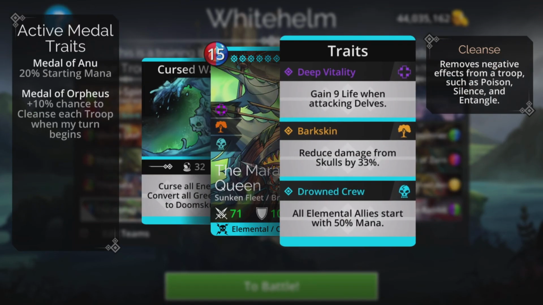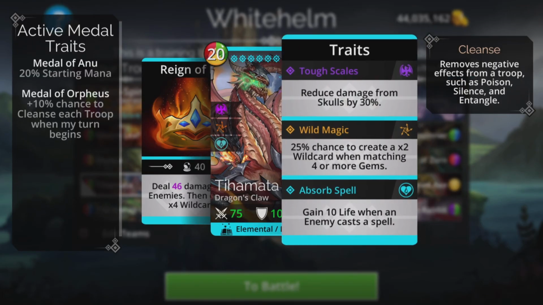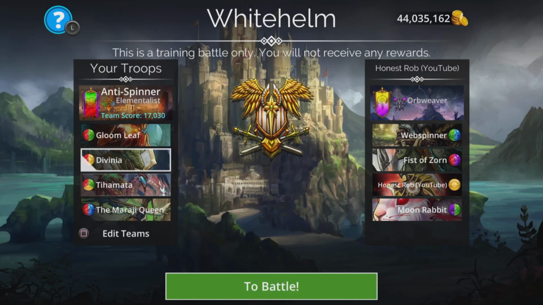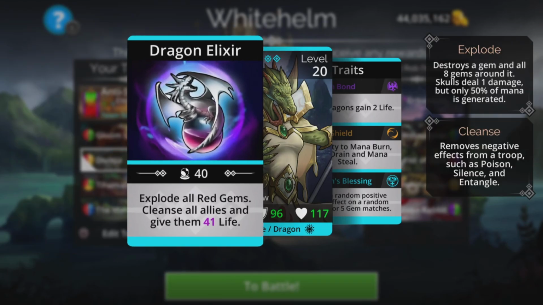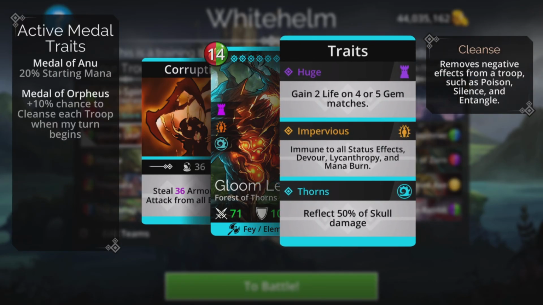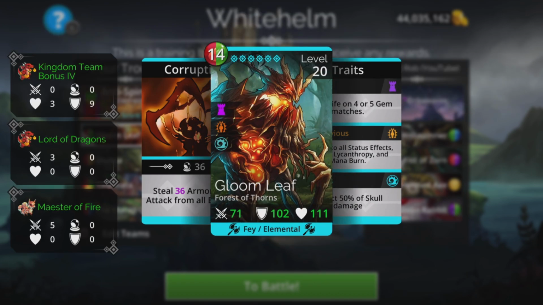So I just went for the Mirage Queen for a 50% start in mana. Tiamat, because I just don't use it very much, but it does damage to wall, which is pretty handy. And the Vinia for the cleanse and the life giving. And Gloomleaf, because that's our impervious troop up top, which is going to reflect skull damage and steal attack and